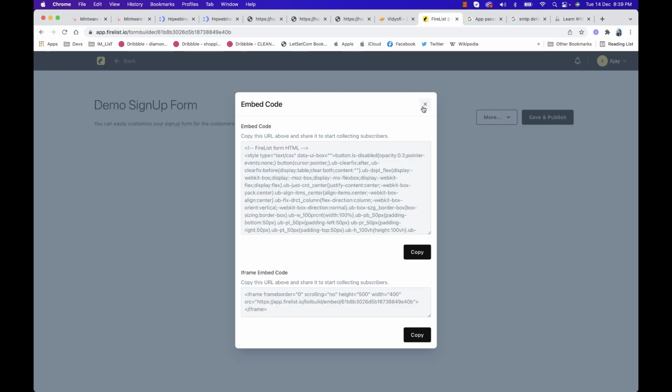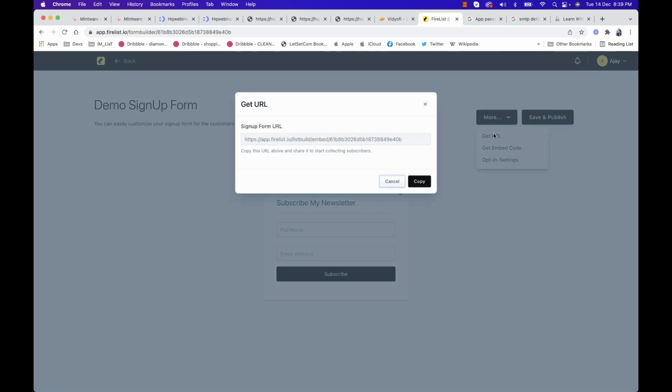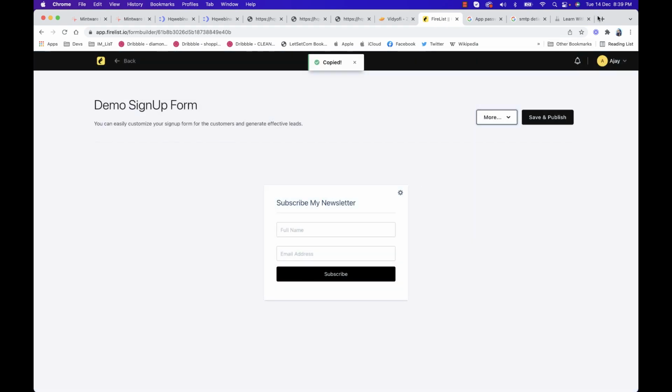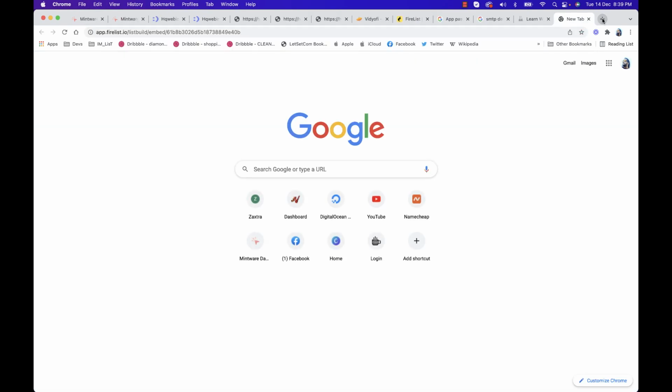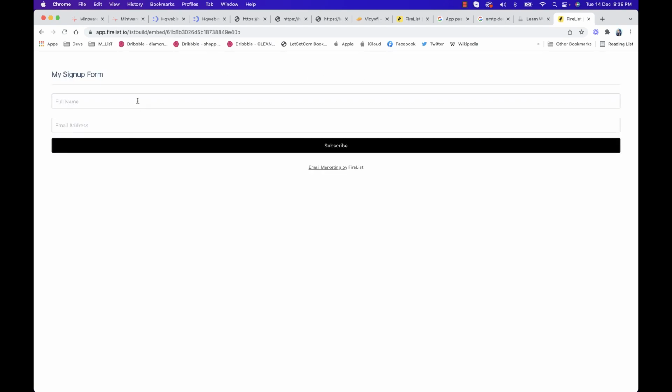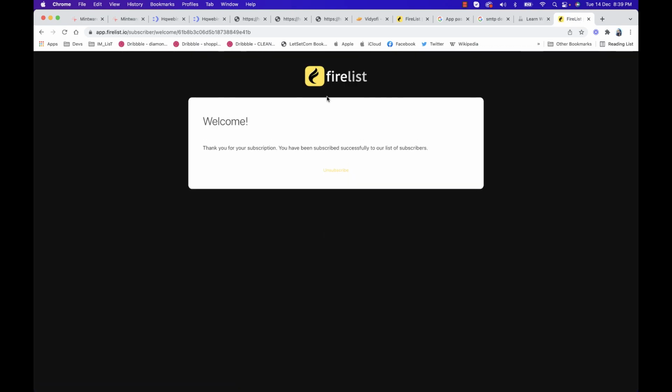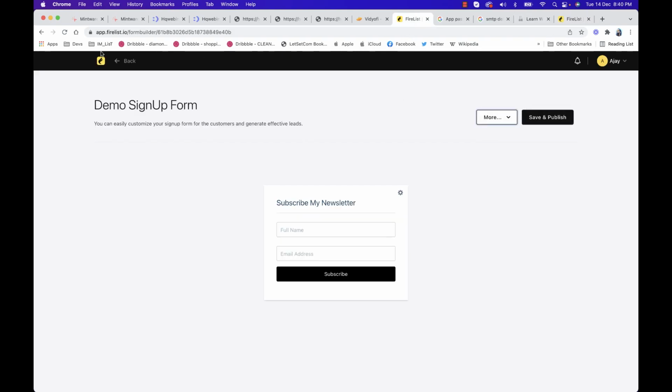Now you can copy this, but I'll just show you how it works in real time. So you come here, just open the page, and you will see the page here. Now you can actually type the name like Milan Thakur. Email address is milan2pulse@gmail.com. Click on subscribe, and after subscription, the user will be redirected to the thank you page. You can customize this thank you page by customizing the list. So I'll show you how to do that.